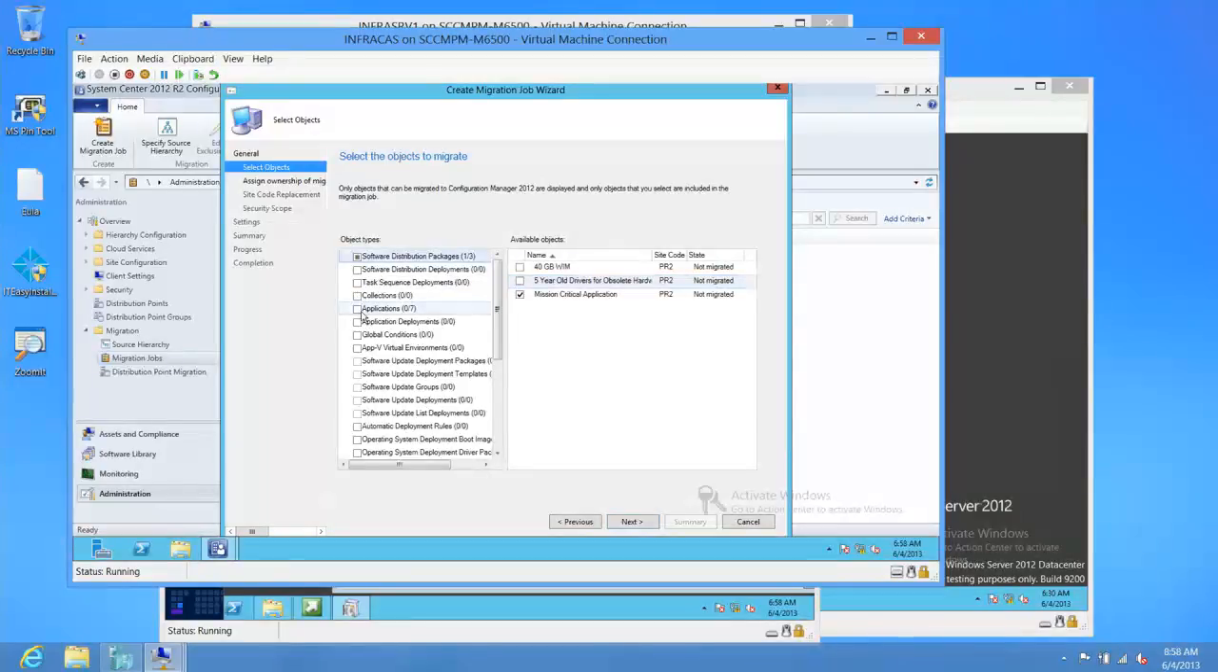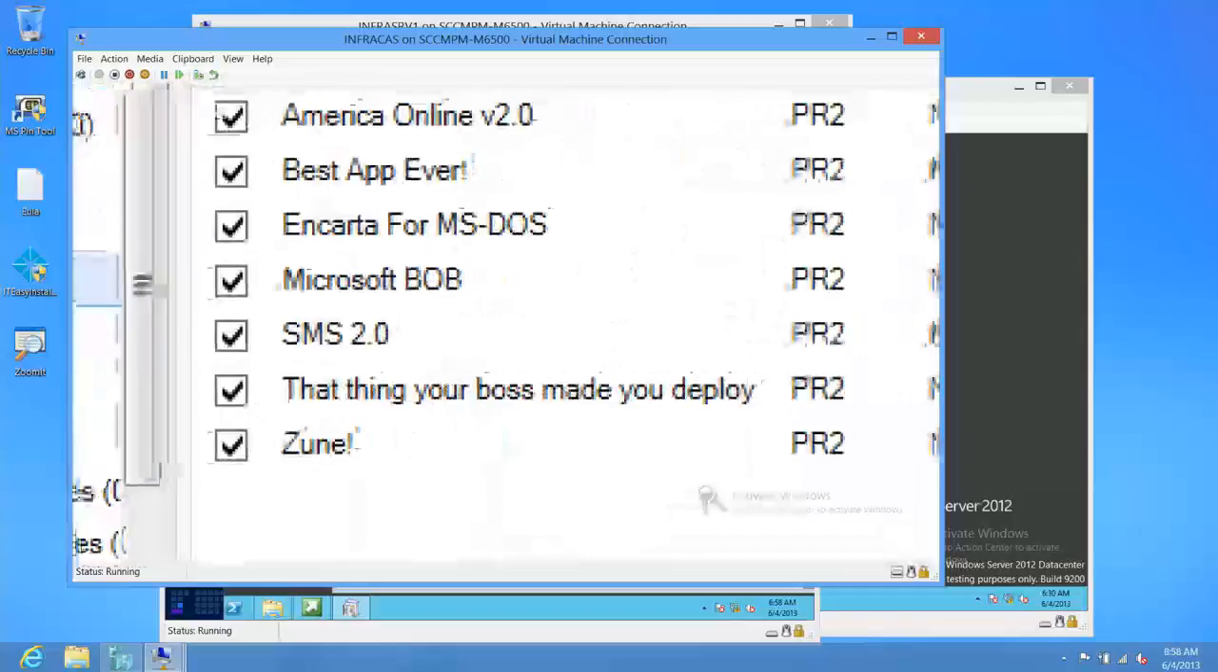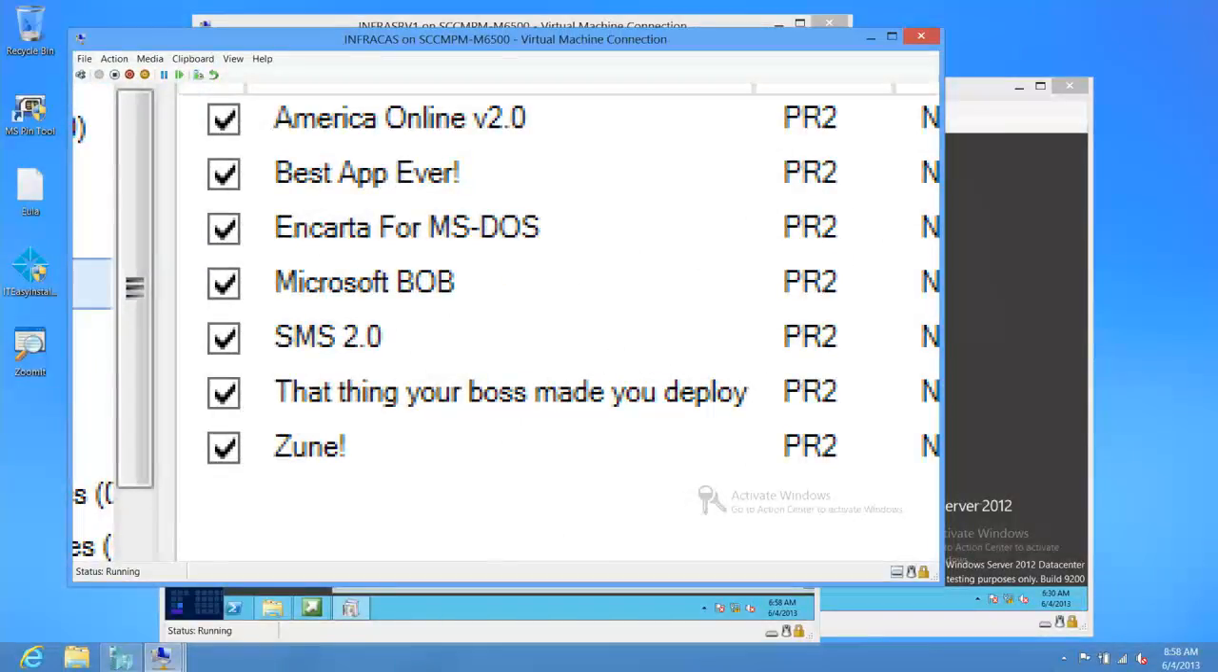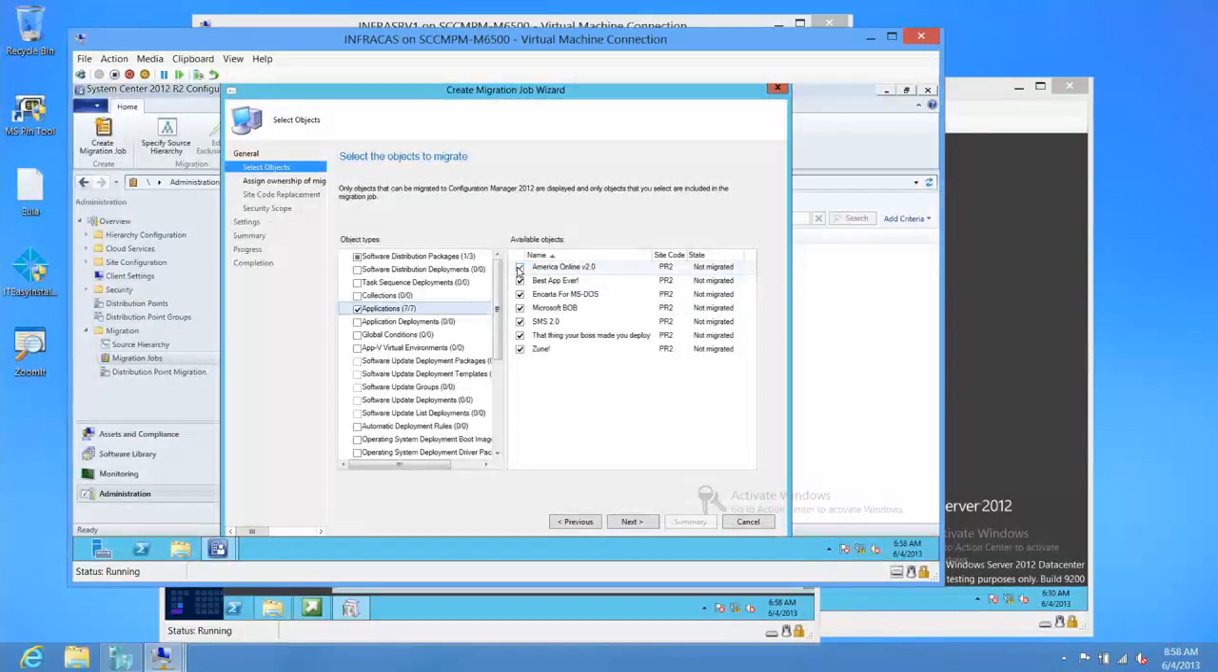In addition, under the applications, we also have a number of potential winners here. We have America Online 2.0, Encarta for MS-DOS, my favorite, Microsoft Bob, or that thing your boss made you deploy that once. I'm actually going to go ahead and pick the best app ever, because that sounds interesting to me. So let's go ahead and add that in here, and we'll uncheck the rest. Once again, you can leave all the flotsam and jetsam behind, all those Word for Windows 6 deployments, or that time that somebody decided to set up 18 different apps for 18 different collections. Those can all stay, and you can keep your app model stuff or just the things you need for the